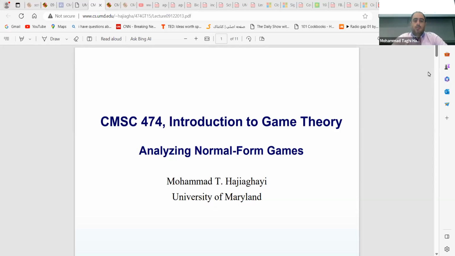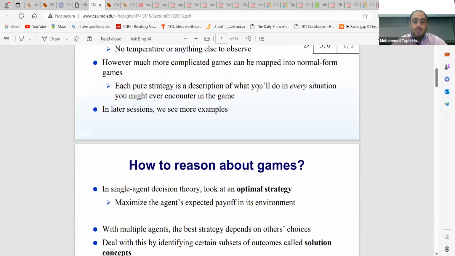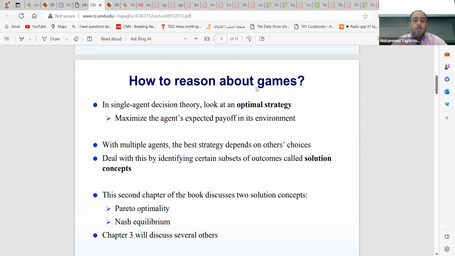Great. Okay, so we talked about normal form games, the motivations for game theory, and the fact that lots of games can be represented by normal form games. But there was an issue: if you consider one-player games, then we can talk about an optimal strategy, since it's only you against the system and you try to optimize. But if there are games with at least 2 players, then the issue is that you cannot